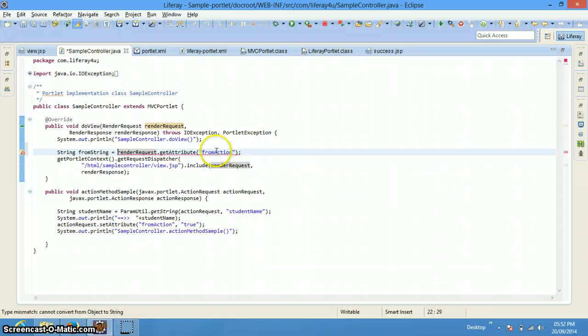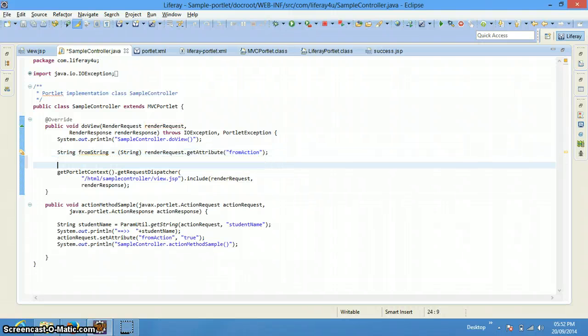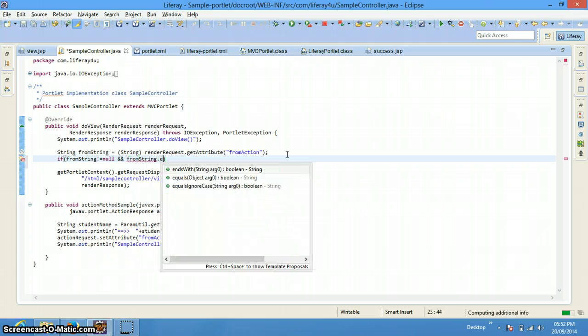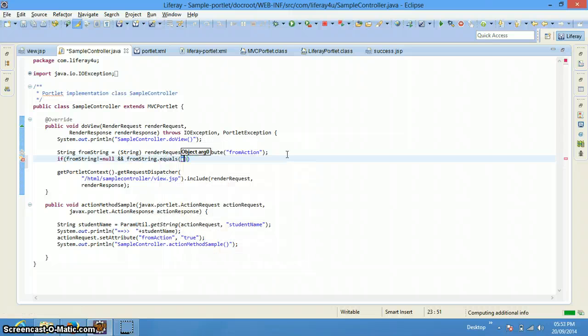Okay, so we are going to cast it as a string, and then we are going to check if from string is not equals to null, and from string dot equals, let's say true,